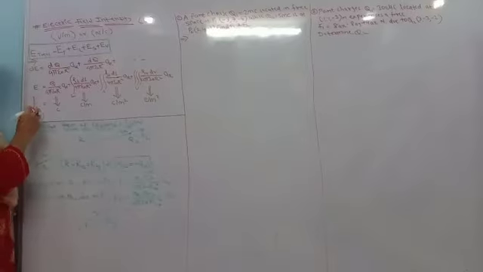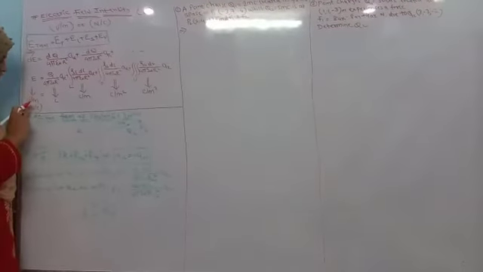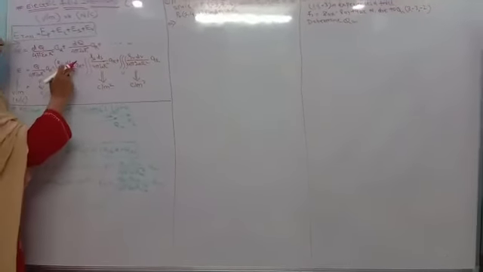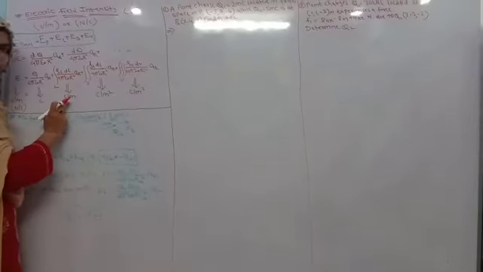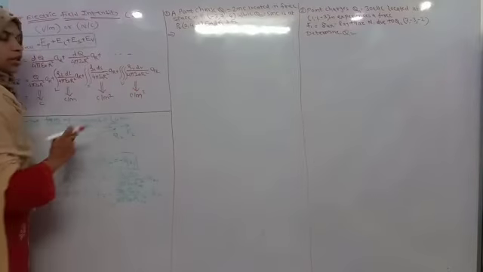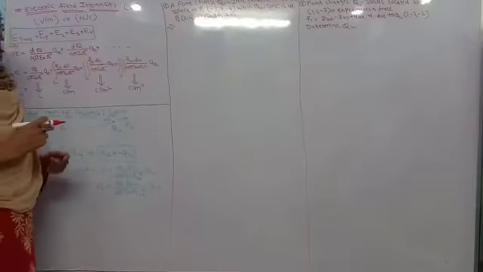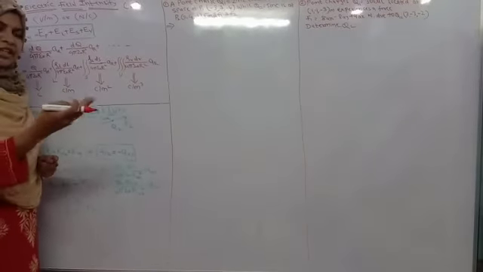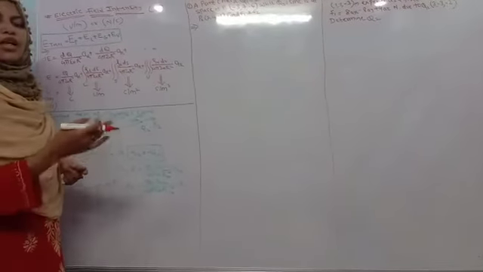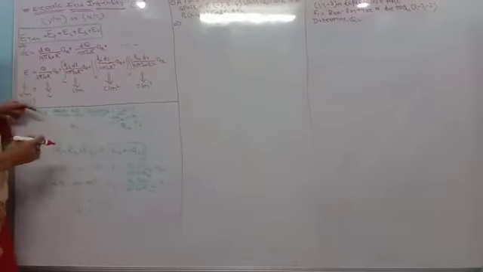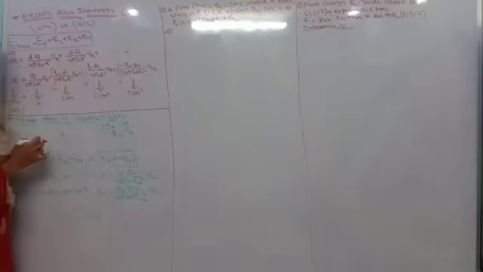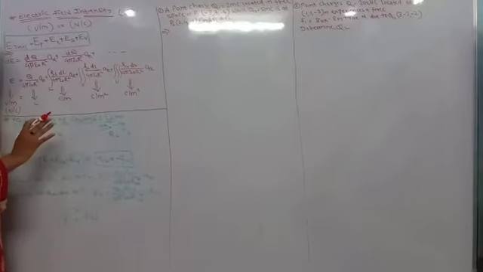So what will be my unit for electric field intensity? The unit will be volt per meter or Newton per coulomb, whereas for the point charge it will be the coulomb, for the line charge coulombs per meter, for the surface coulombs per meter square, and for the volume coulombs per meter cube. In many numericals, you need to calculate the total electric field intensity related to the point, line, surface as well as the volume, and in a few cases you need to identify them individually. In this way we can calculate the electric field intensity for point charge, line charge, surface charge and volume charge, either individually or together.